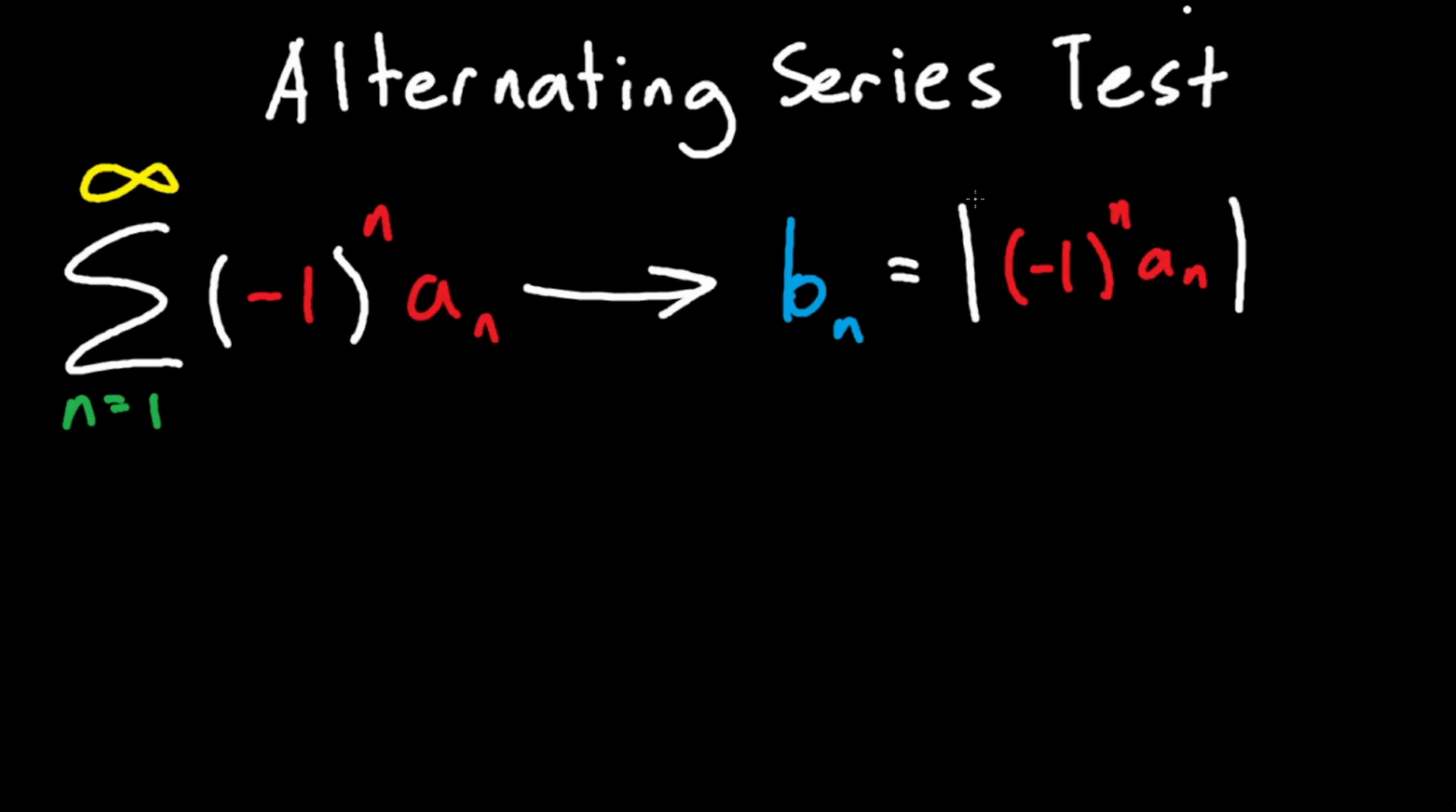Now, when you have the absolute value of your series, you simply, as I said, cut out the alternating part. So you just get a of n, basically, the a of n part. Now, as you have this, let's go ahead and look at the conditions. So, b of n must,